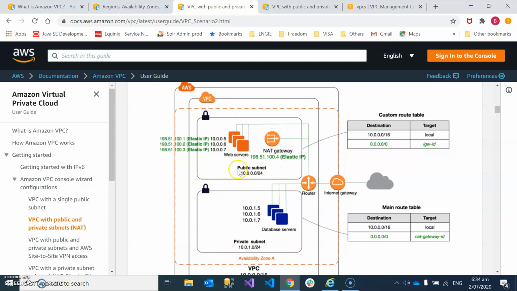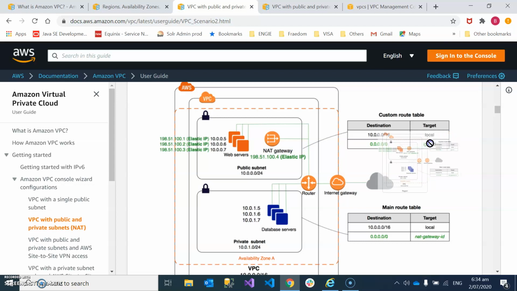So what is a public subnet? A public subnet is where all your servers can access the internet resources. There is no difference in how you create a public subnet or a private subnet. The only difference is whether you have attached an internet gateway.